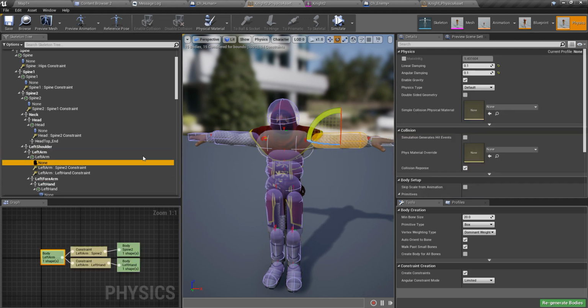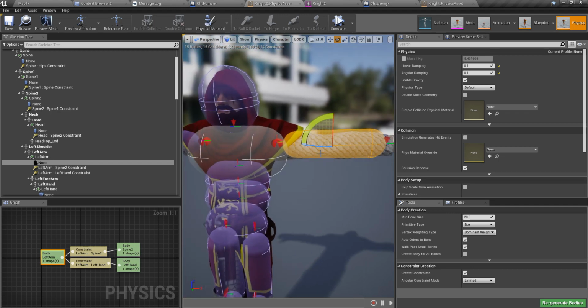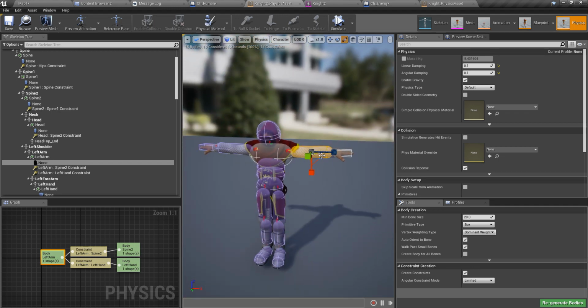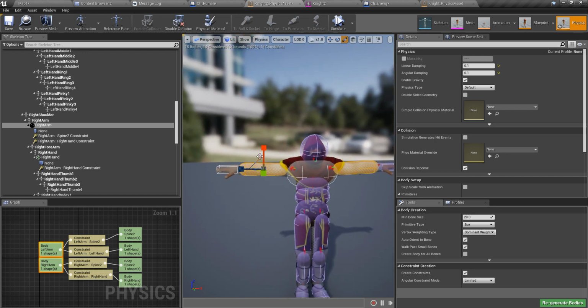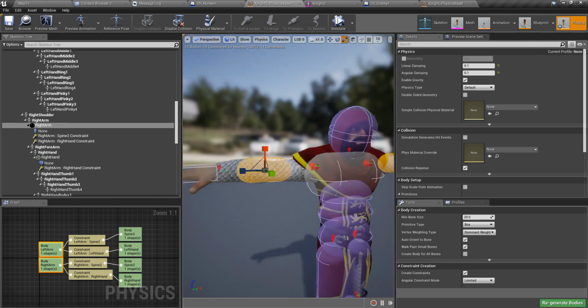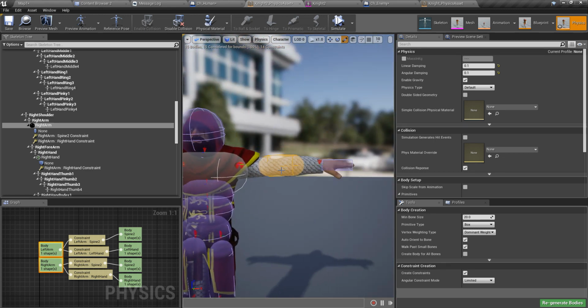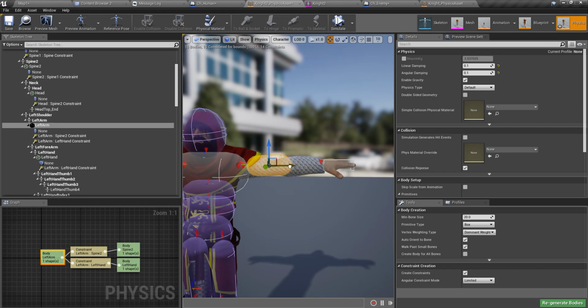So this is for the forearm, both of them. So I should decrease the size of both of them like this, and they should be moved in,